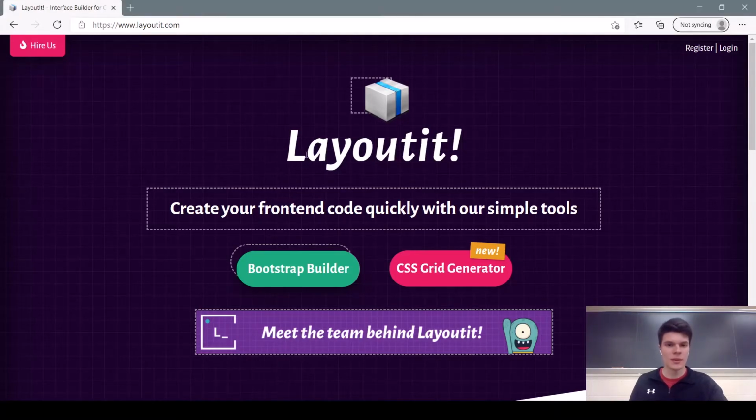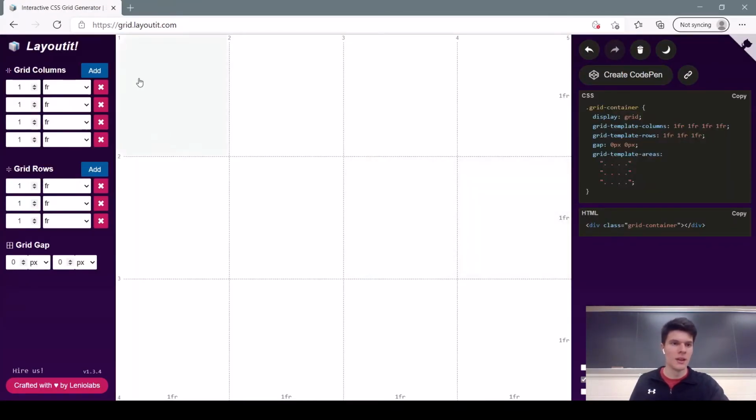Hey everyone, today I'm going to show you how to make a resume using HTML and CSS. So for that, we're going to use Layoutit CSS grid generator, which allows us to click on boxes, name them, and it will automatically make divs with CSS and HTML. So for our resume, I want to have our name at the top, so I'm going to click and drag